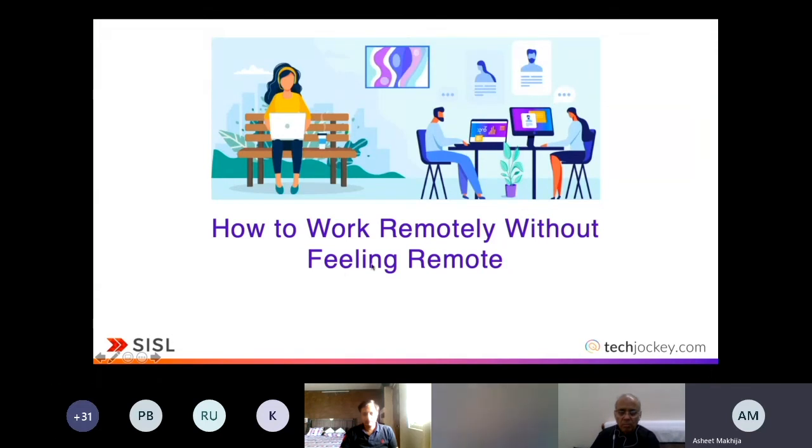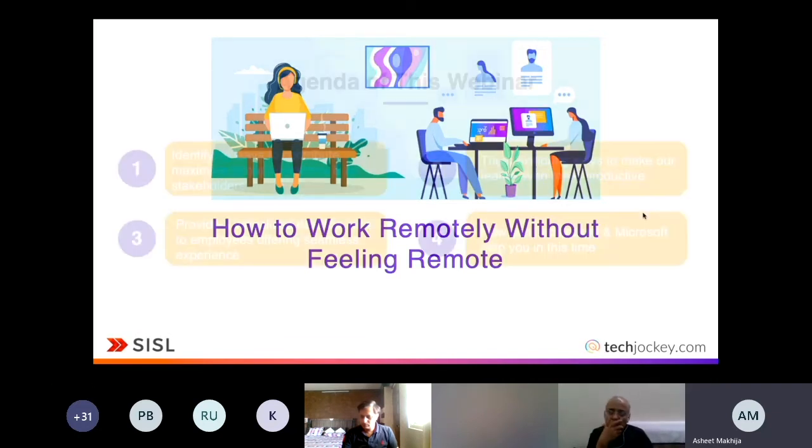As I said, these are times which are calling for very unprecedented ways of working, and I'm sure a lot of us have understood remote working more deeply. Many organizations were not working remotely earlier, and for them it is a new experience. While some of us are somewhere in the middle, have worked remotely in the past and are now trying once again to get back to the same way of working.